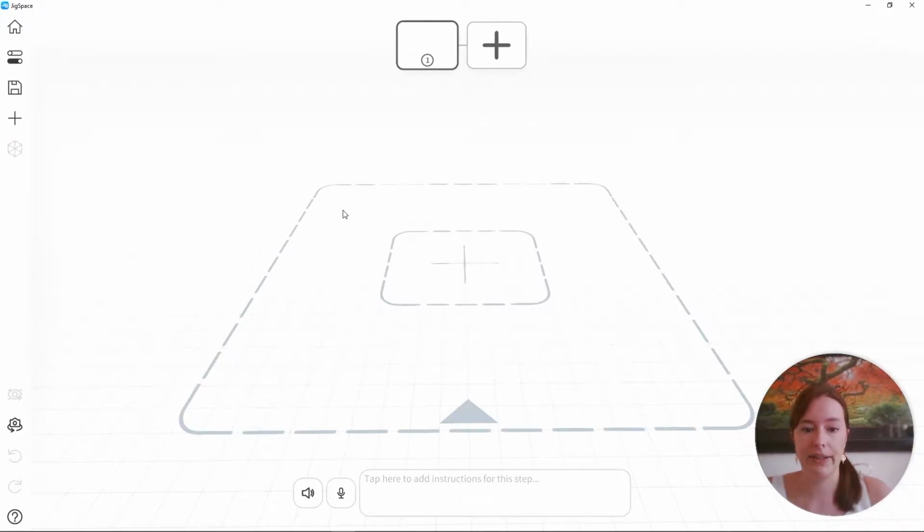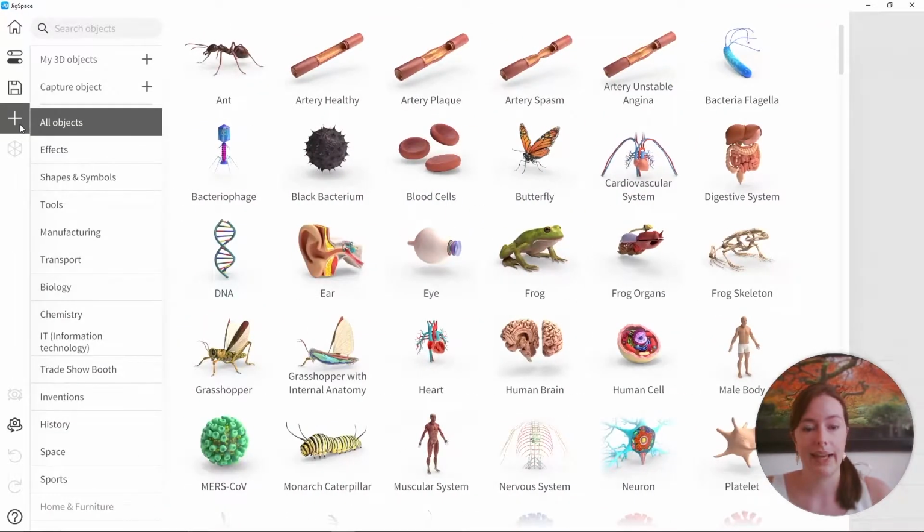Now to start off with, we need to bring our first object into the scene. So to do that, I'm going to go to the left-hand side and open up the model library. And as you can see, we've got a wide range of different models. All of these can be interacted with in the Jig workshop. We also have a large number of different categories. So you can scroll through and find a model and design your jig from what we already have available here. You could also go to websites like TurboSquid or GrabCAD and purchase some models there. But in this case, we're going to start off with one of our own models.